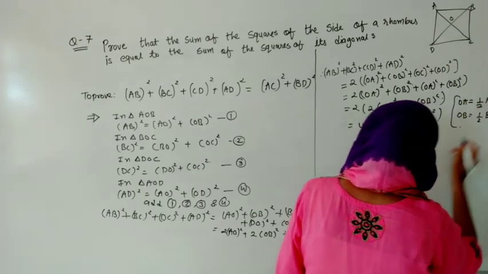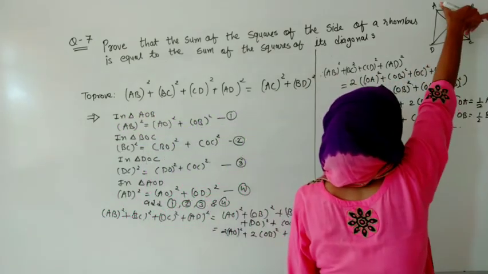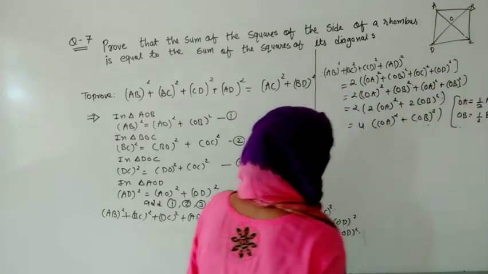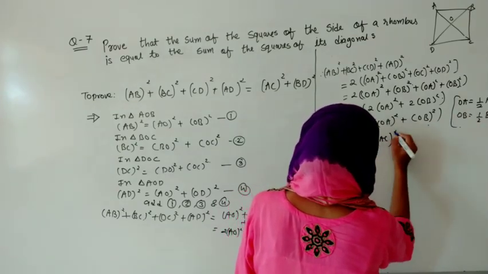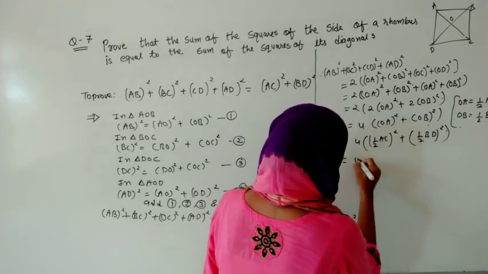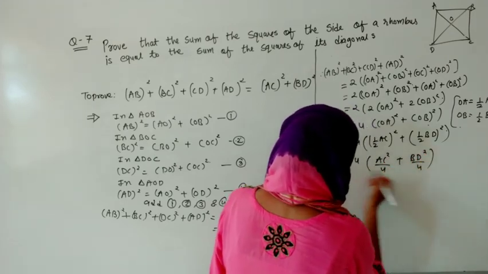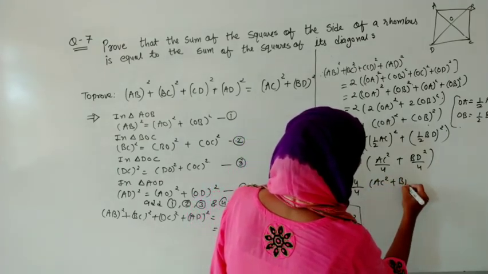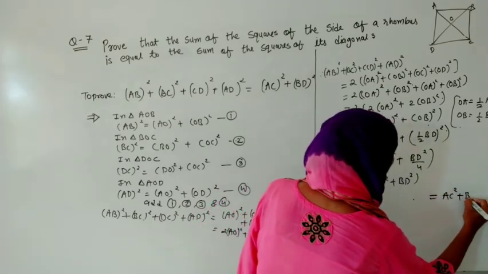Why did we do this? Because we don't need OA and OB, we need AC and BD. So another form of this AC is AO plus OC. So in place of AO we can write half of AC. So let me write 4 times half of AC whole square, as well as half of BD whole square. Let us complete it. 4 will remain over here. It will become AC square by 4 and it will become BD square by 4. Let us take 4 common. So 4 will be over here and it will look like AC square plus BD square. 4 will cancel out. So we got the answer as AC square plus BD square.